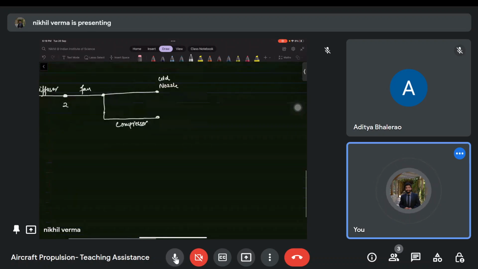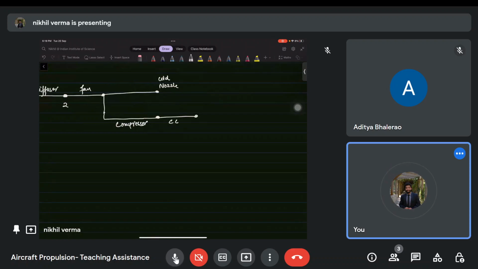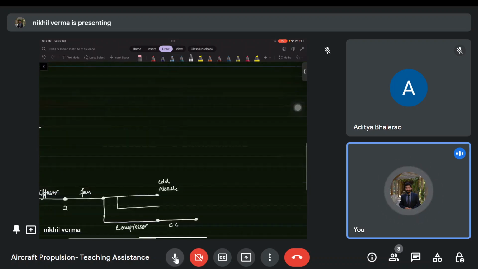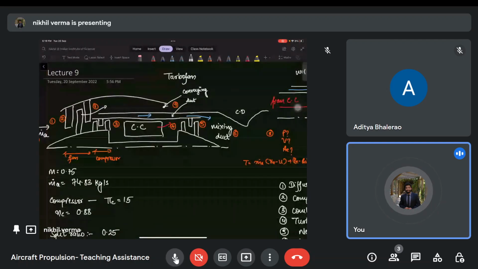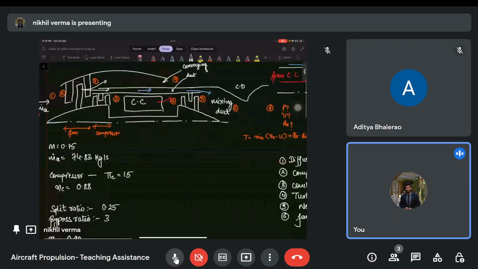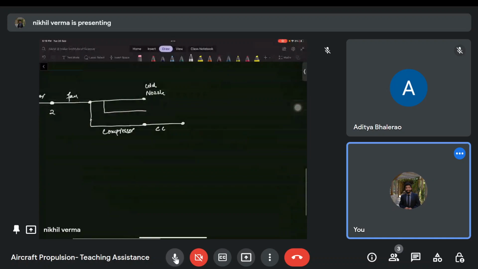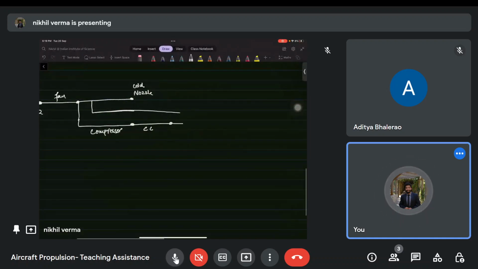After the compressor we have the combustion chamber. Also some of the mass that was bypassed from this fan is going into the cooling duct. So this is the duct part. So this is the combustion chamber followed by the turbine,